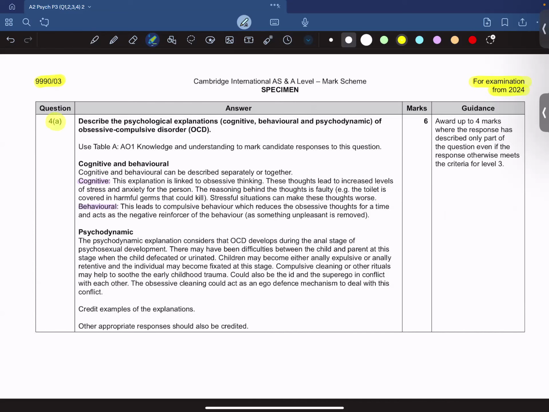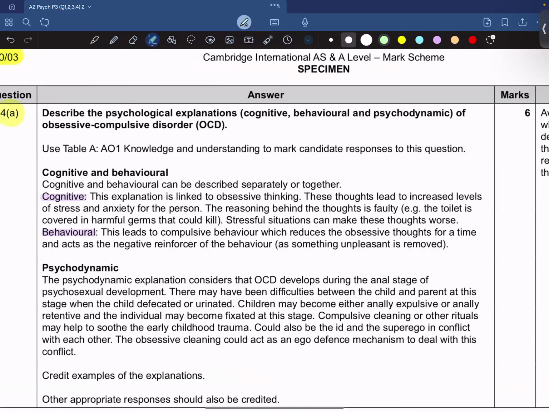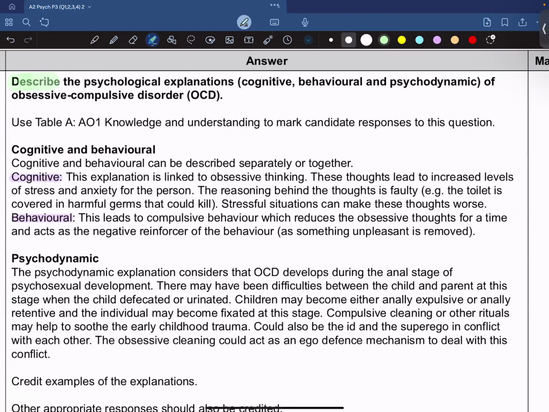This happens to be question number 4. Having a look at the question, it reads, describe the psychological explanations of obsessive compulsive disorder. And the examiner has been nice enough to mention that he or she expects us to